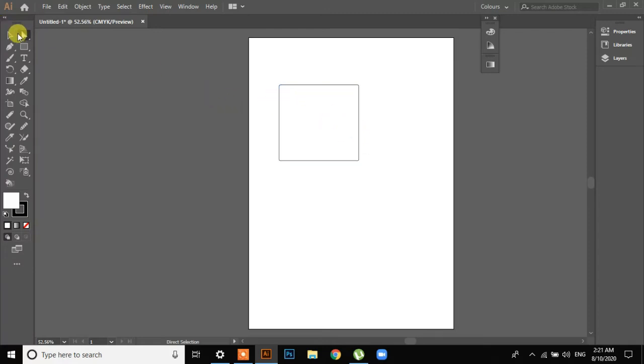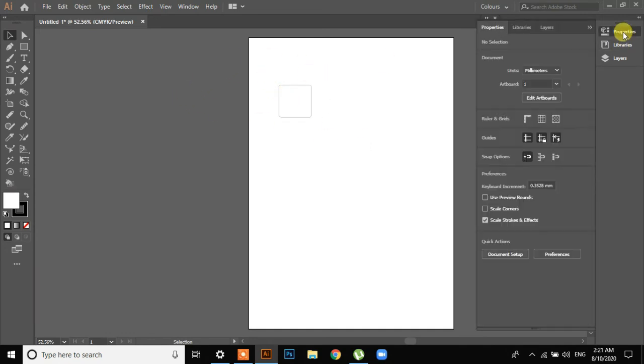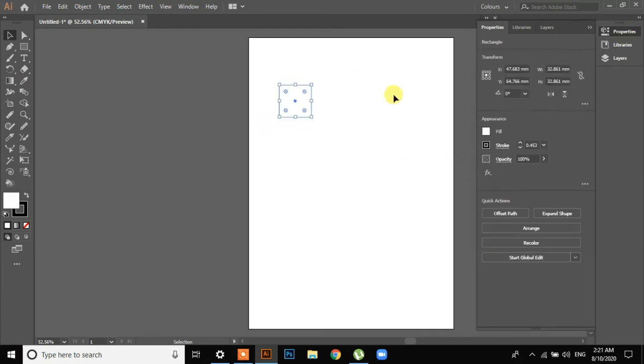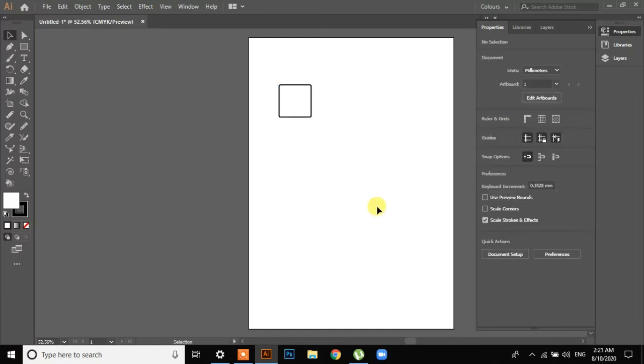Okay, now I'll create something interesting. I'll just decrease its size by pressing shift, because with shift its ratios are locked and it creates a square. So I'll create a small square. Now, guys, don't worry about the colors right now. I'll tell you about the colors a little bit afterwards. So I've increased the stroke size. I'll tell you afterwards. Don't worry about this. Okay, now this is a square.